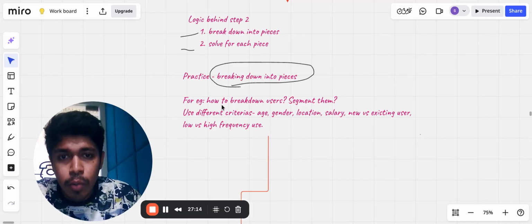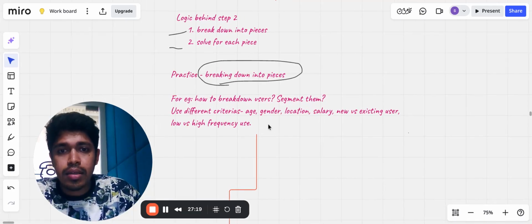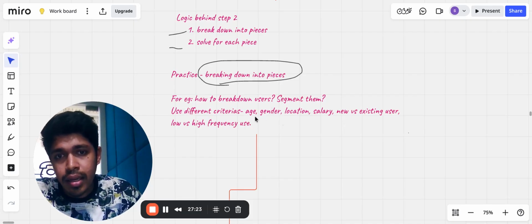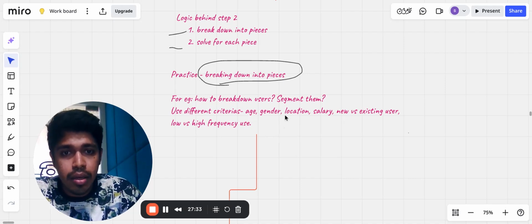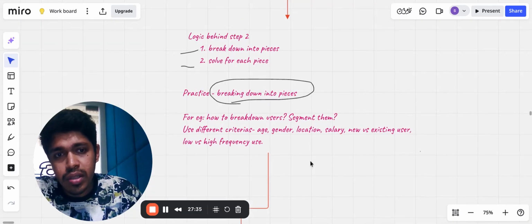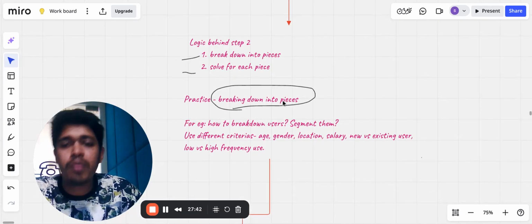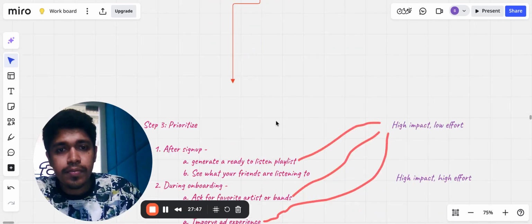Okay, one quick thing is, if you are struggling to break down users or segment them, you can use different criteria, right? So just to break down the users, you can have different criteria like age, gender, right? You can divide the users into male and female, or above 30, below 30, something like that. According to location, you can break down the users. So you can break down any of those components like this. You can use different criteria, but for that you need to practice a bit. I hope you have done that right now,